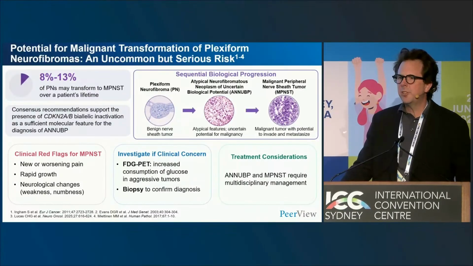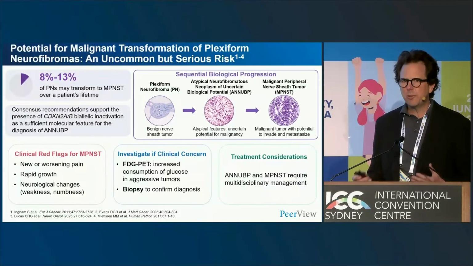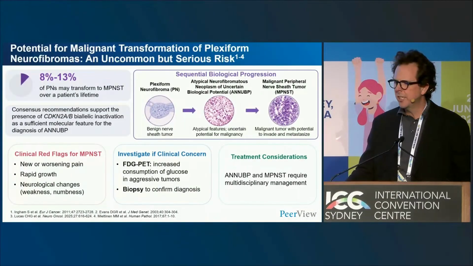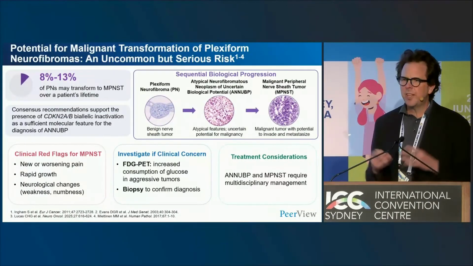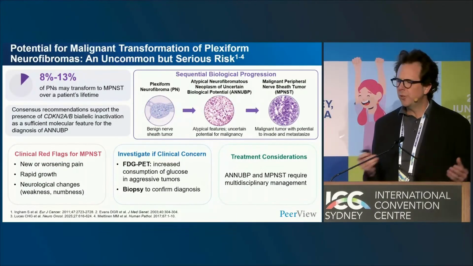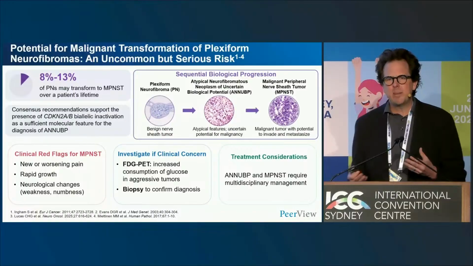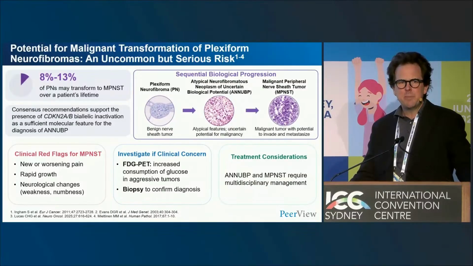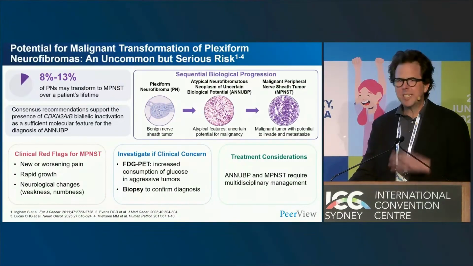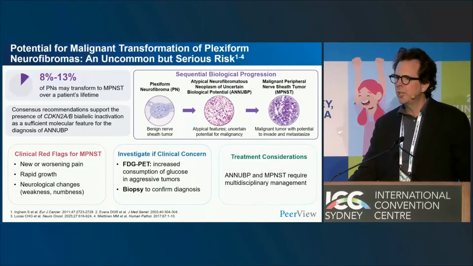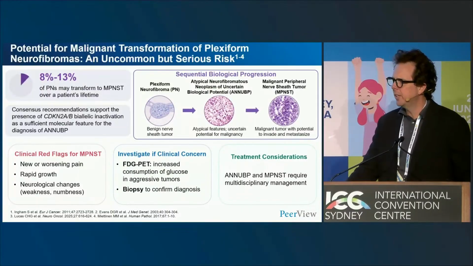But I think the critical message that we wanted to get across today from a clinical perspective is thinking about the red flags for MPNST and malignant transformation. And so educating both our clinicians and our collaborators, but also patients, for red flags, including experiencing new or worsening pain, rapid growth of tumours, as well as neurological changes. And typically this will prompt us to investigate further with the use of FDG PET to look for uptake, and particularly looking for heterogeneous uptake, which can help determine biopsy plans to select the best target for biopsy and sampling of these tumours.